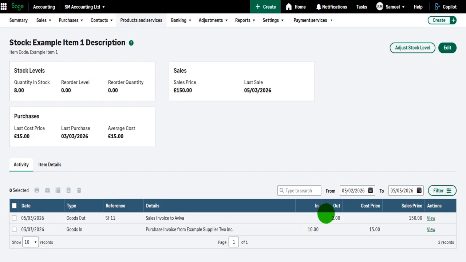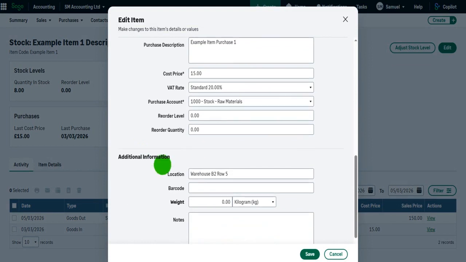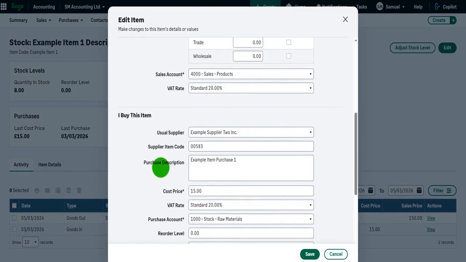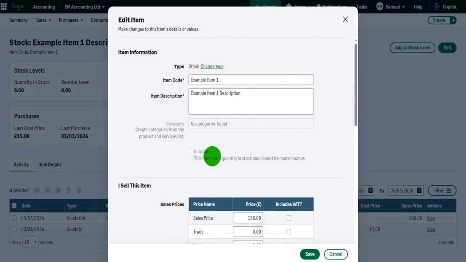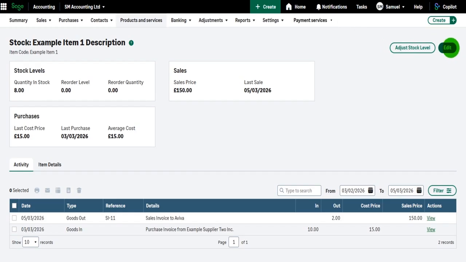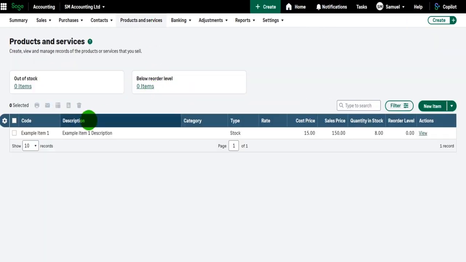It's a very simple feature. If I need to edit this item at any point, I can go to edit up here, click on that, and edit the details. I can even change the type if I want to a non-stock item, the location, anything that I put in to create this stock item, I can edit using this edit button. If for whatever reason I don't want this item anymore, I can simply tick it, click on the delete button here, and that will clear that item